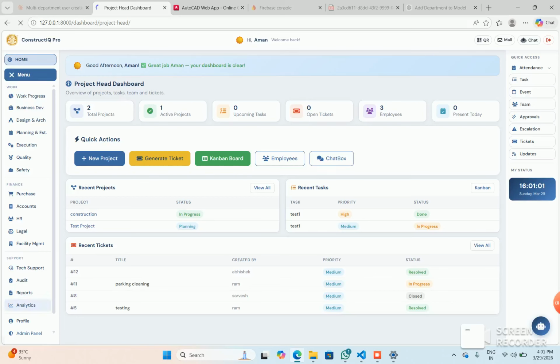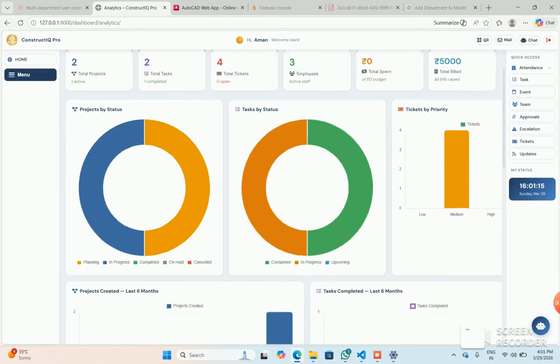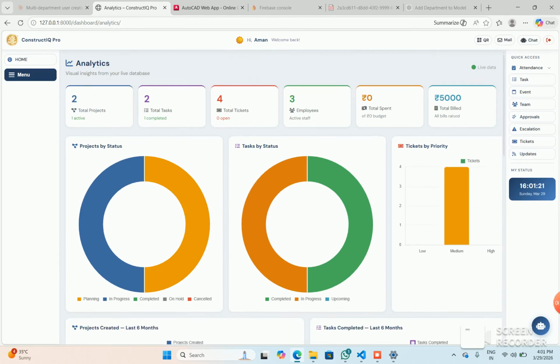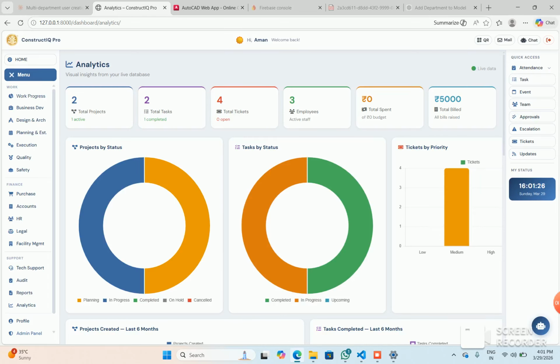Now, the app has a detailed analytics dashboard which we can customize, since Power BI is integrated into it. For example, task by status, project by status, completed, tickets, all you can see in a single place in your dashboard, whatever level of analytics you're looking for. It is a fully customizable app as per the requirements of the particular company, like a real estate developer or a contractor. Right now it has templates of everything at a basic level, and all the modules,